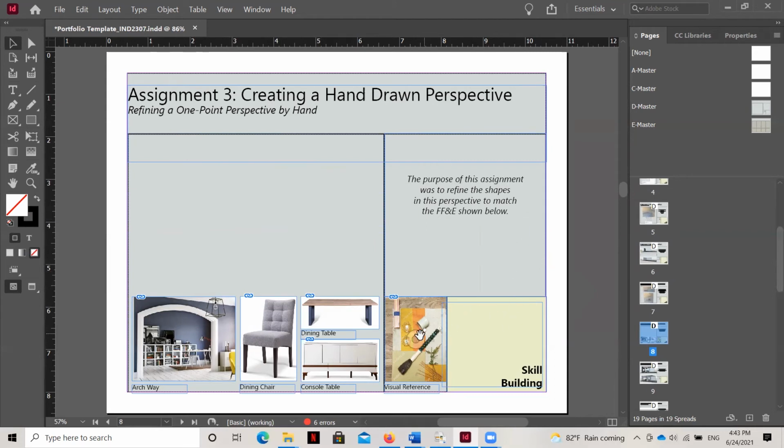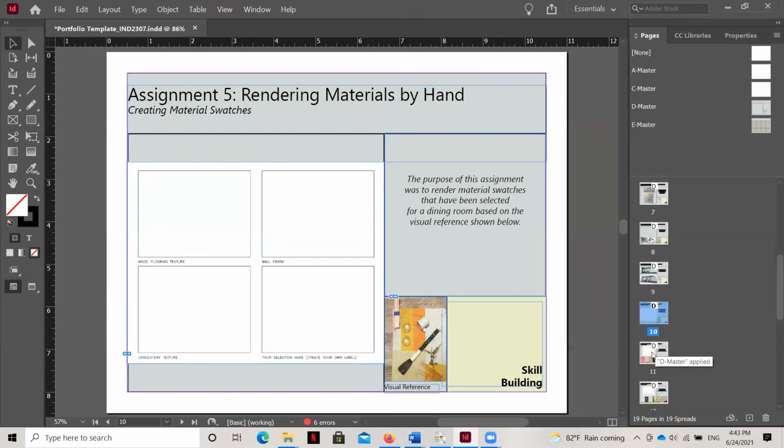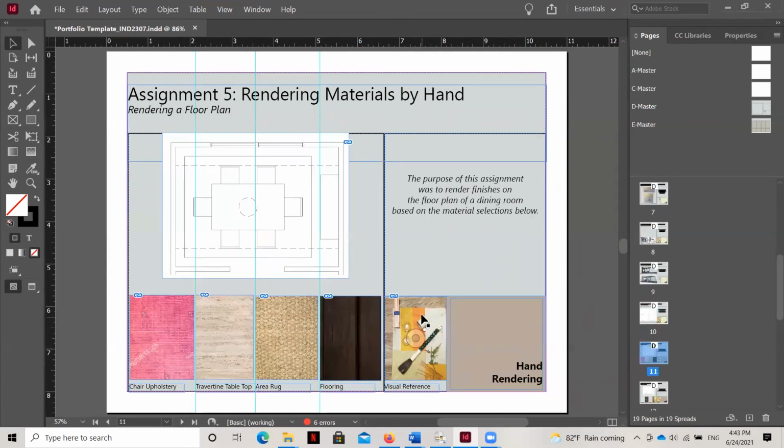But you can see here, there was that box that was a part of that golden mean that was created here, and that's what I used to guide the starting and stopping points for this visual reference, and I used it to create the guidelines for all of these images that are placed in here. You can see here again, I've used it again to guide the location of the start and stop of these swatches here.